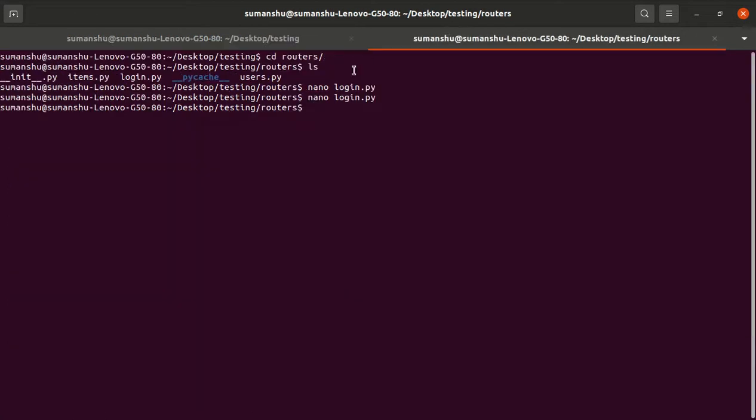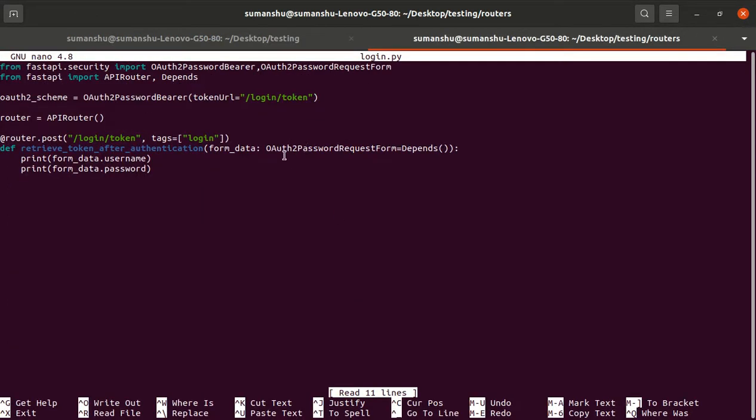Okay, so basically, as we have mentioned, because we are using the Pydantic models, we have to define which type form data is. Form data is of type OAuth2PasswordRequestForm, and we have to import that particular module as well. But it is of which type? It basically depends on that form. So that's why we have mentioned equal to Depends, and within that Depends we have not mentioned any function. So form data basically depends on that form itself. So that's why we say that.